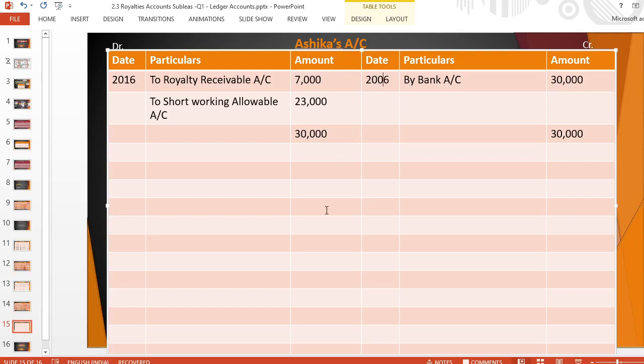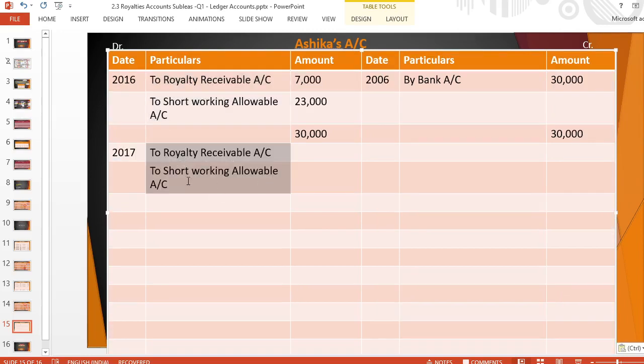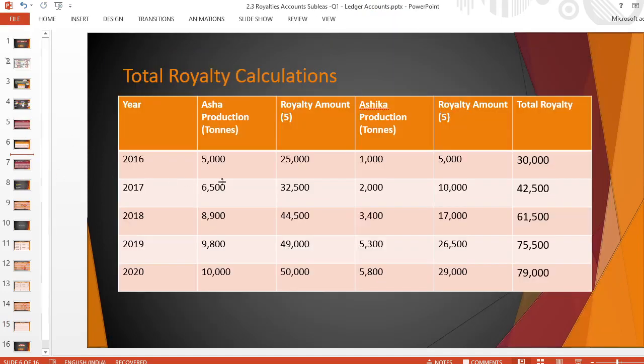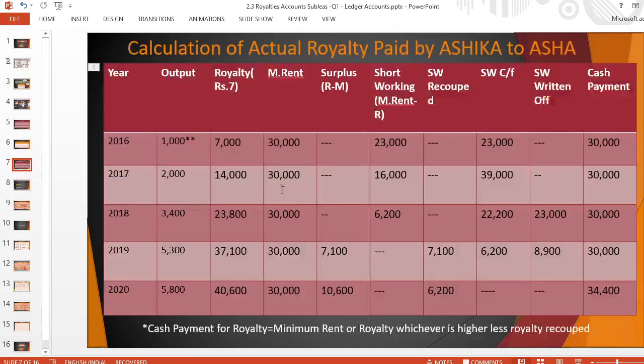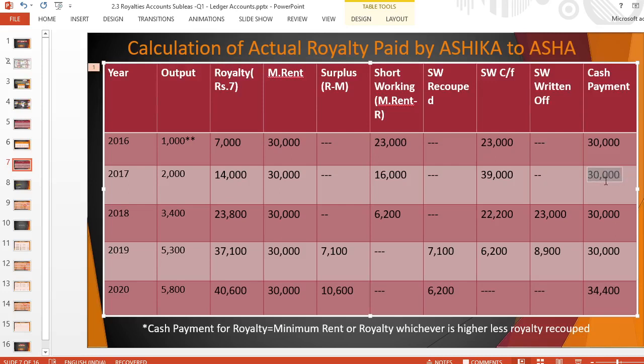And again in the year 2017, the same transaction: royalty receivable account debits to short working allowable account. In the second year, royalty was 14,000 and short working 16,000